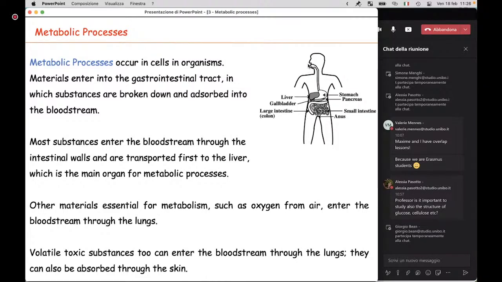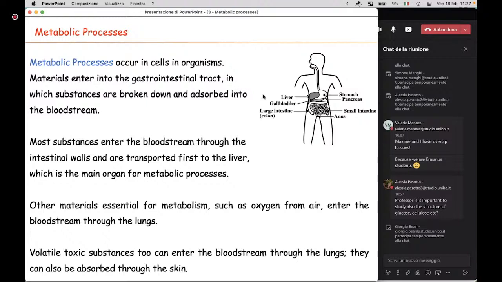Also, we have the need for oxygen. So the intake of oxygen happens through the nose or the mouth. It goes in the lungs, where oxygen is brought into blood, brought to all the body, where the essential process of cellular respiration happens. We have seen it before, where the sugar and other kinds of substances are further broken down to release energy. And then this energy release produces carbon dioxide, which from the blood goes to the lungs and then out of the nose in the environment.